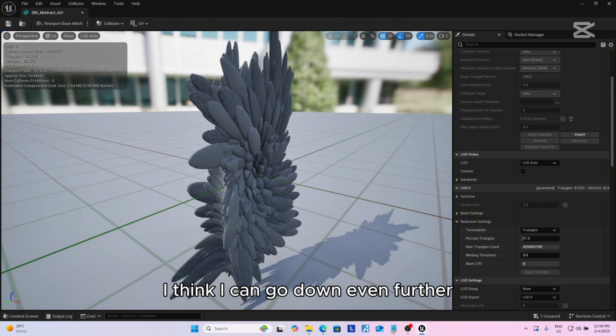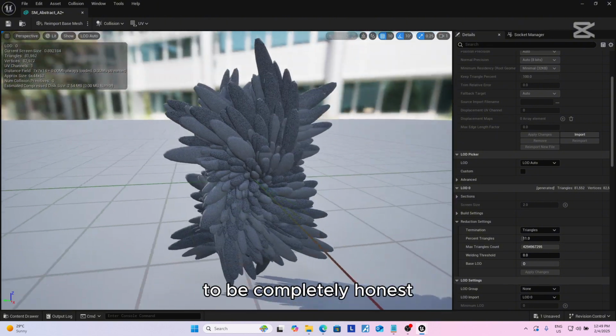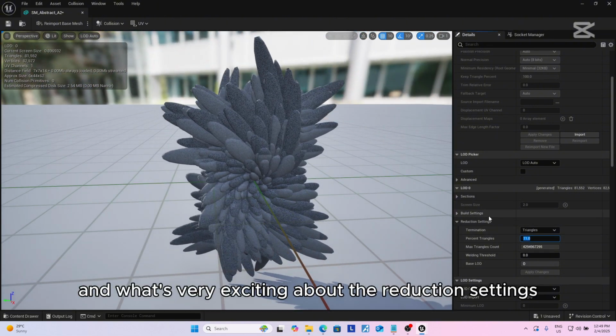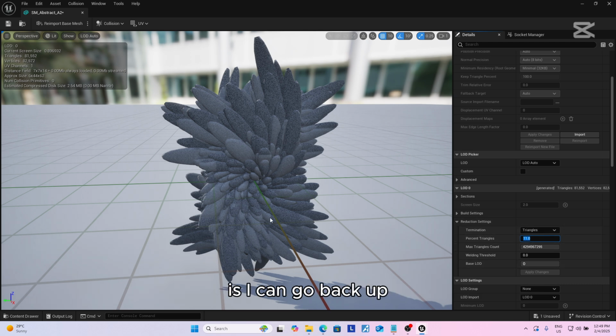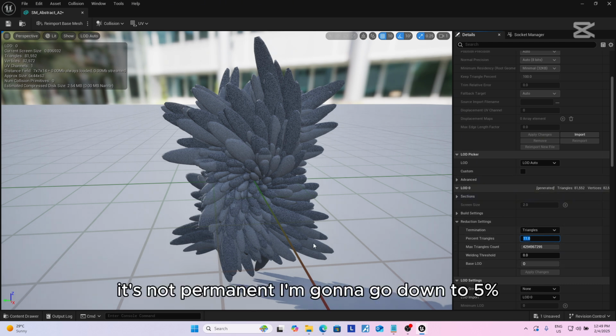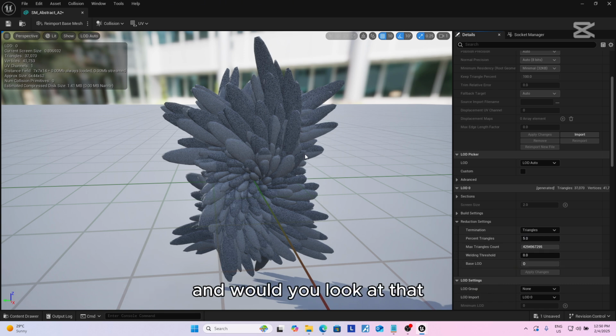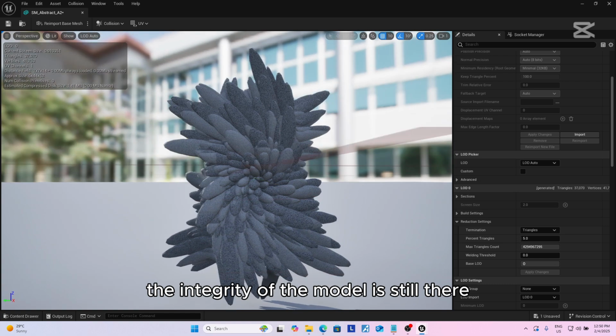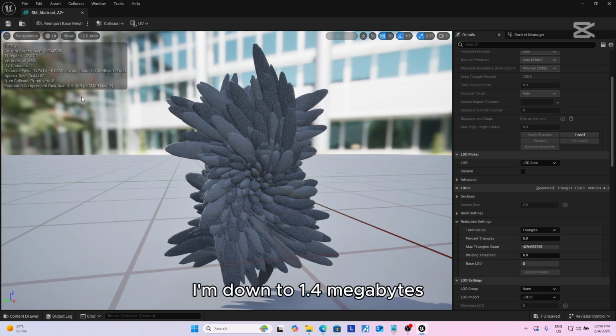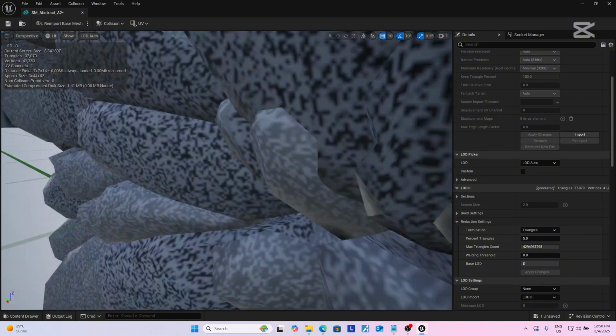I think I can go down even further, to be completely honest. And what's very exciting about the reduction settings is I can go back up. It's not permanent. I'm going to go down to 5%. And when you look at that, the integrity of the model is still there. I'm down to 1.4 megabytes. It's still a bunch of vertices. But if this were, say,